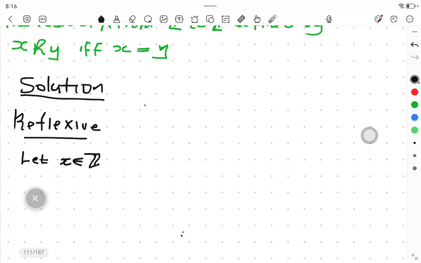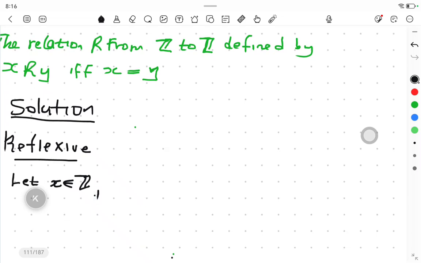We know that this is defined from z to z. Let x be an element of z. Then I check this. They say that for this to be reflexive, x must be related to itself. You see, right? If I have x an element of z, and I take x related to x, this would simply mean that x,